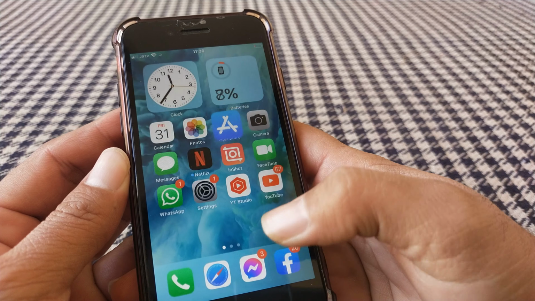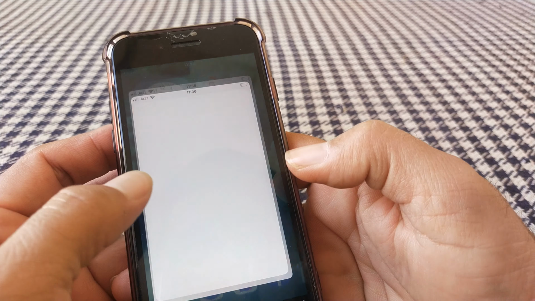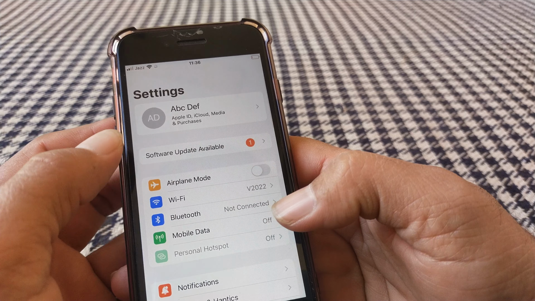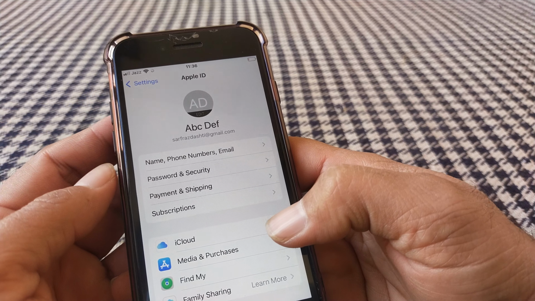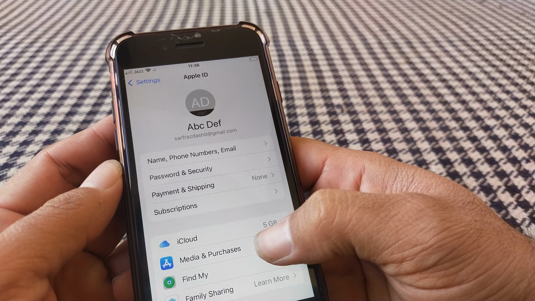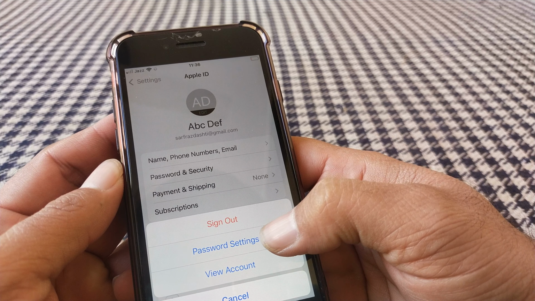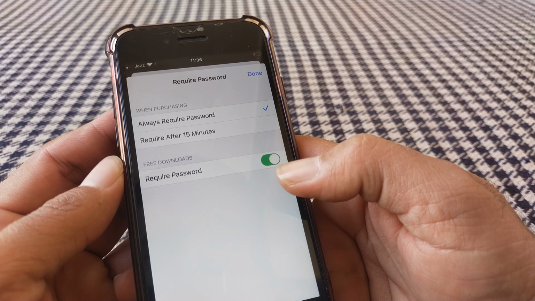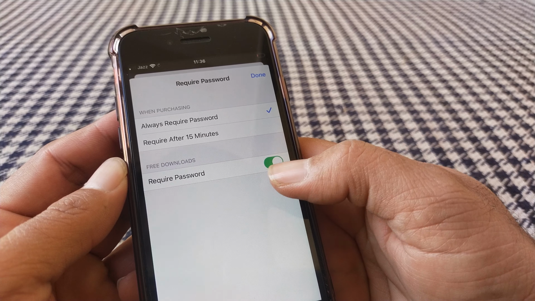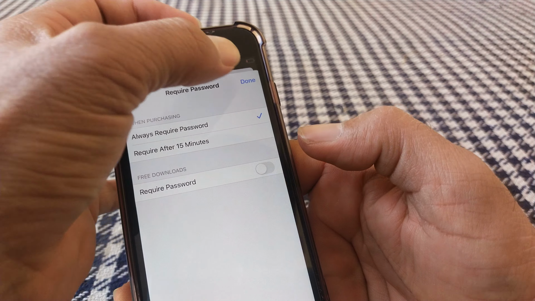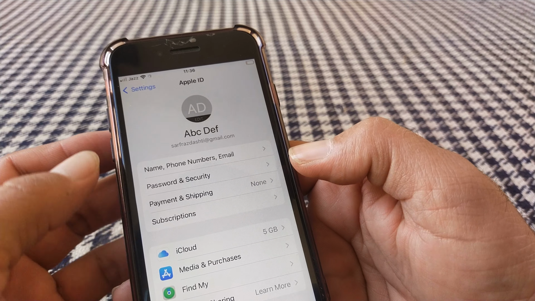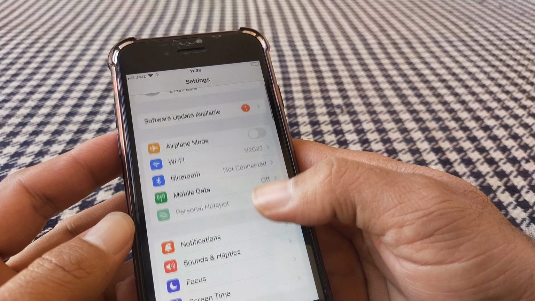Just go back to your home screen and open up settings app here on your device, and then tap here on your Apple ID, and then tap here on media and purchases, and now tap on password settings, and here turn the toggle off for the required password and tap here on turn, and then go back and scroll it